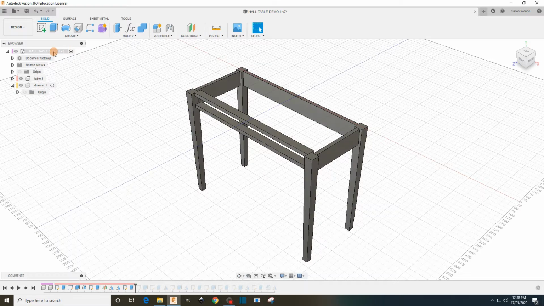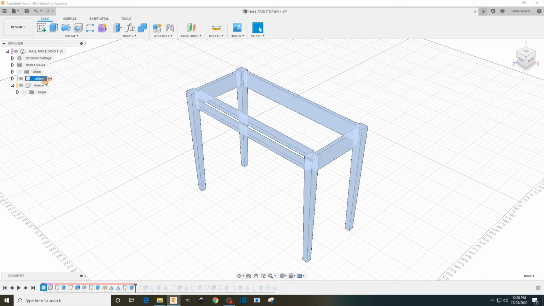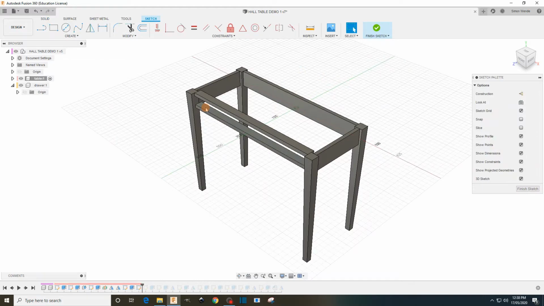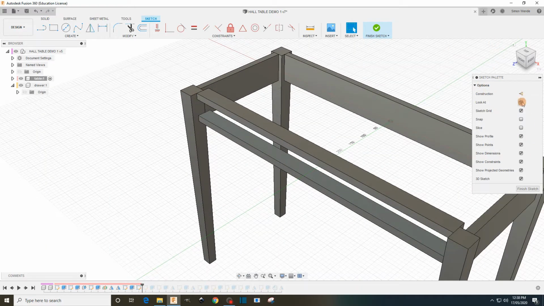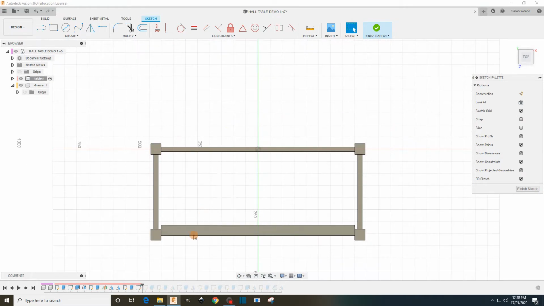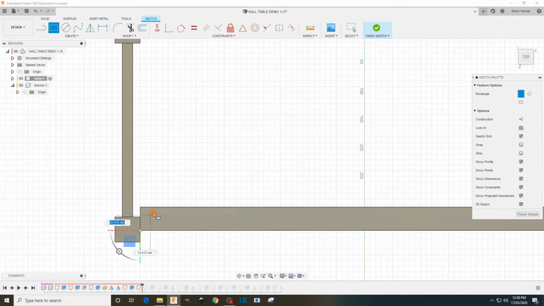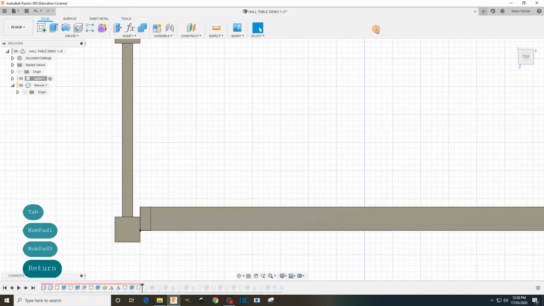Okay, really important that we're in the right component. So not that one. We need to have the table active. That's the active component. That's really important. Make sure the table is the active component. I'm going to create a sketch on that plane. Now we can look at that plane if we want. Look at, and get my rectangle tool, and the height is 42, tab, the width is 19. Okay, finish sketch